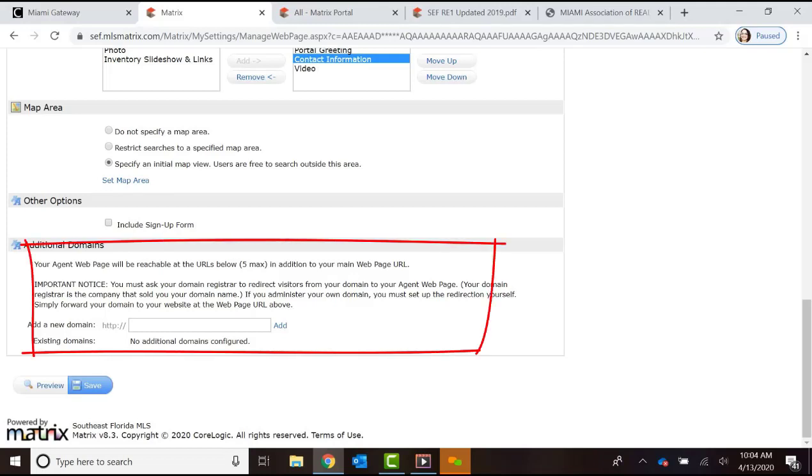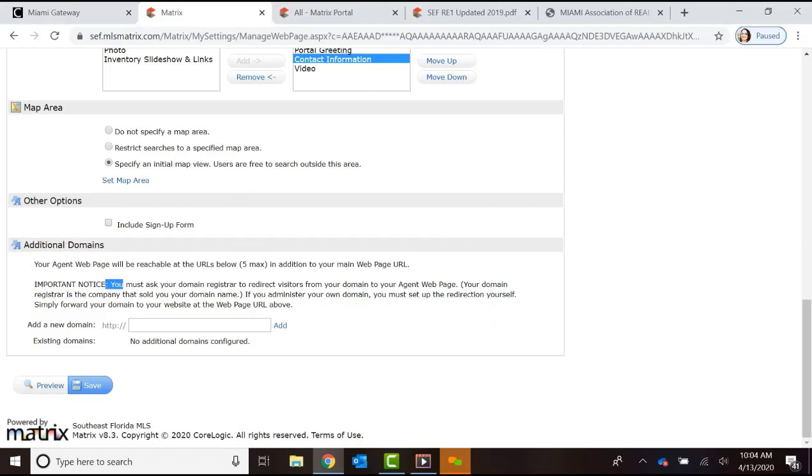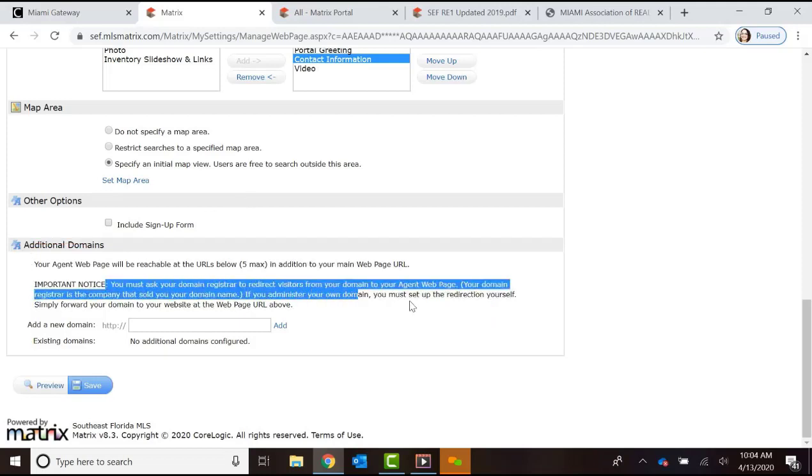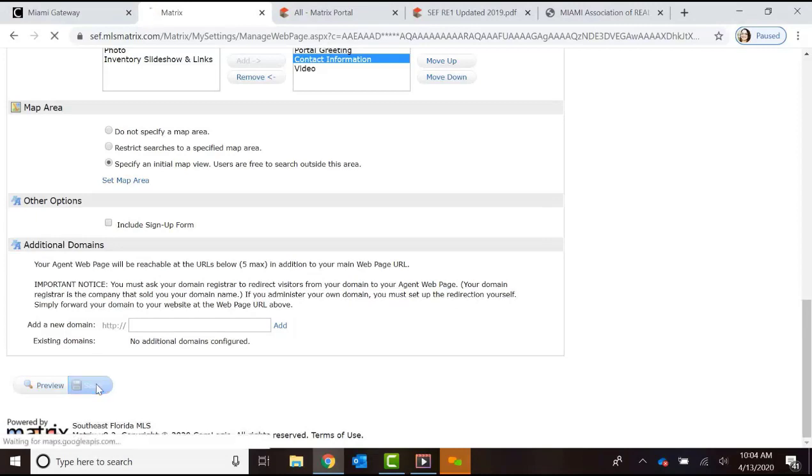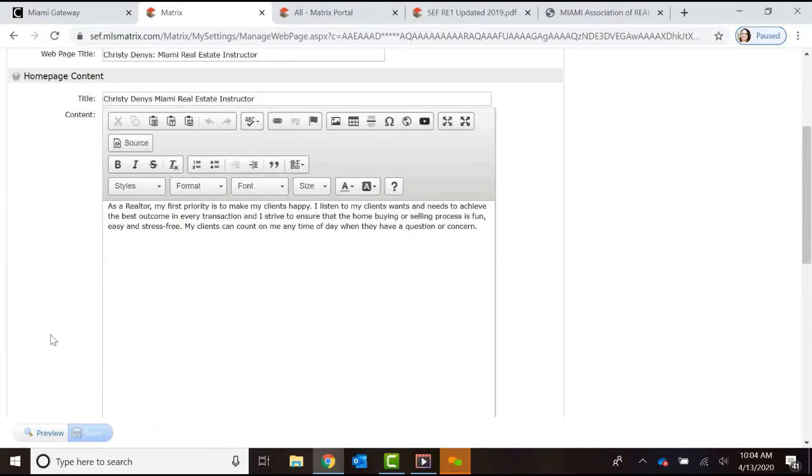And they can go ahead and create that for you, and you would have to let them know that that's what you want. So you would have to contact them directly so that they can redirect that information. And we're going to click Save